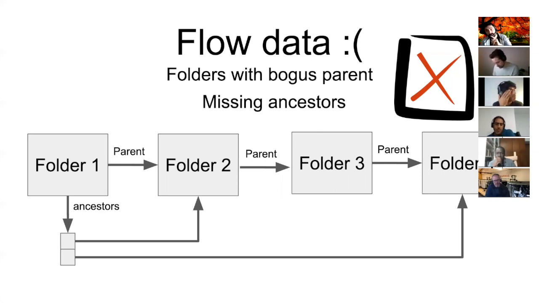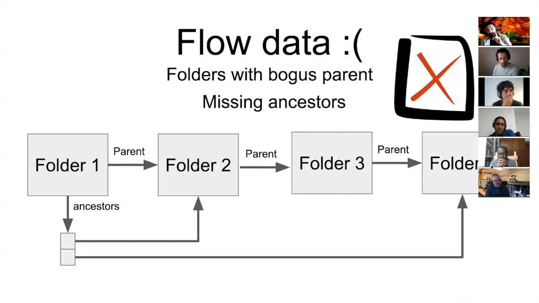So there are two cases here. The first one is that I have found, I think this is one or two particular cases, where you see that the ancestors are missing one of the intermediate parents. Instead, the ancestors should point to folders 2, 3, and 4, but for some reason folder 3 is not there. If you have a user with an authorization in folder 4 or in folder 2, it's okay. But if you have a user with an authorization in folder 3,